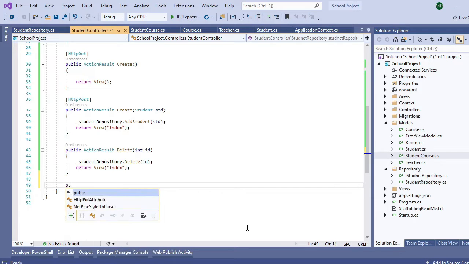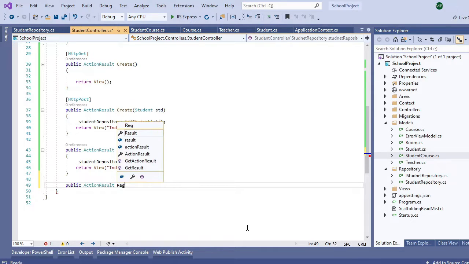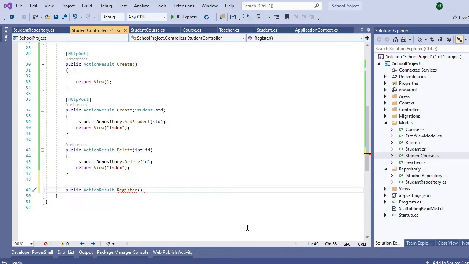So I will have public ActionResult Register, and for the registration, what I need to pass here, I need the integer course ID, and also I need to pass the integer student ID,